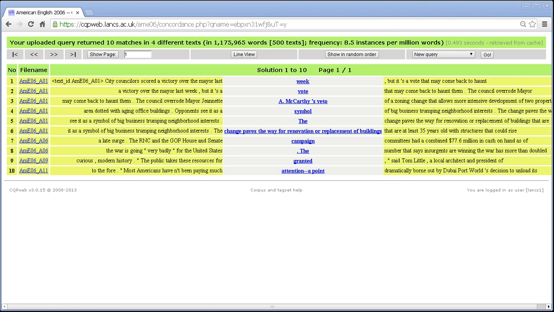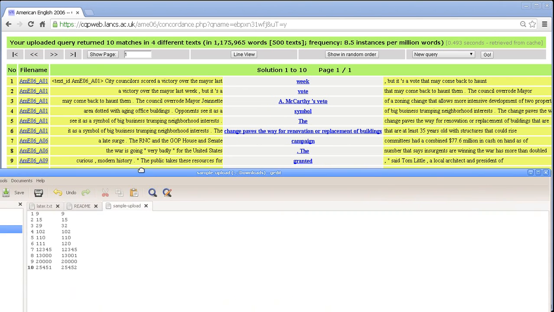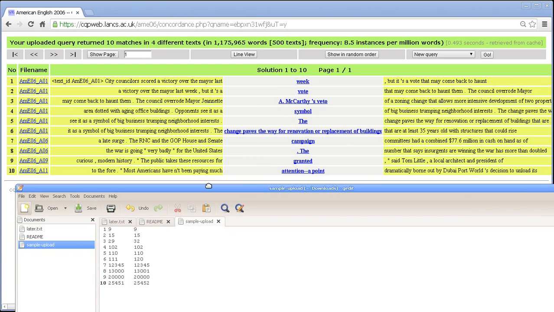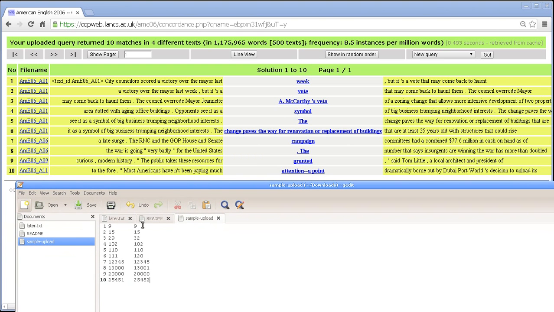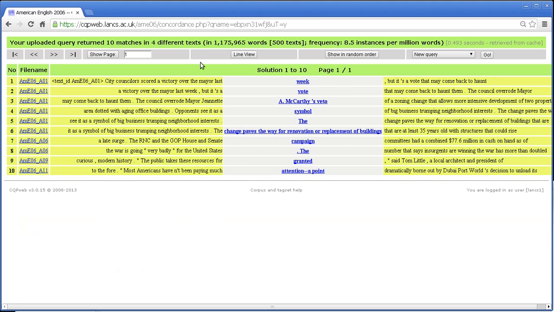25,451. So let me just drag in my text editor and position it so that we can see the numbers in the same slot. So here are the numbers that I uploaded, and here are the things that we've got. Now, this is just a query. That's all it is. Let me get rid of my text editor. This is just a query, so we can